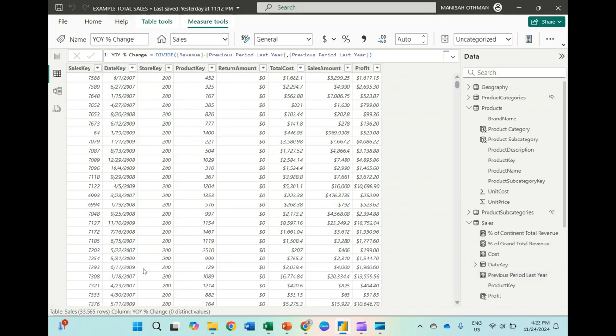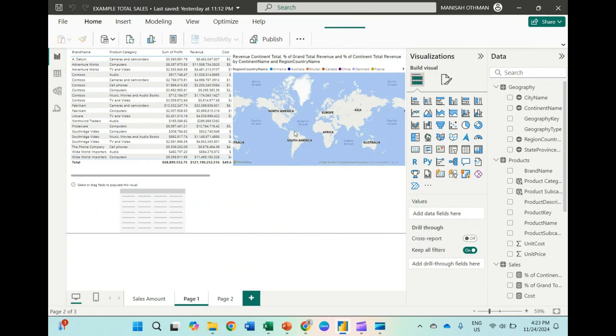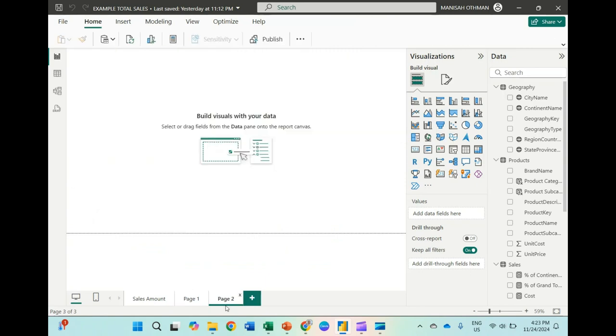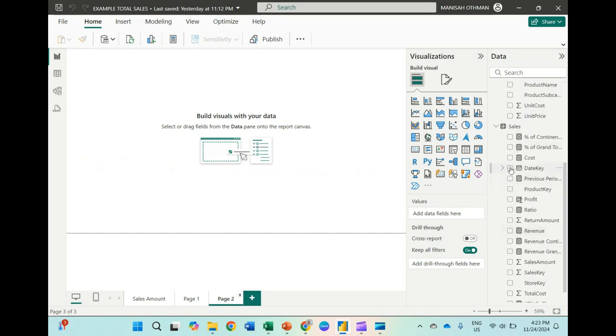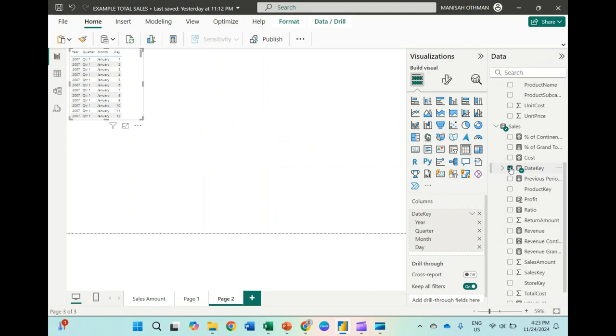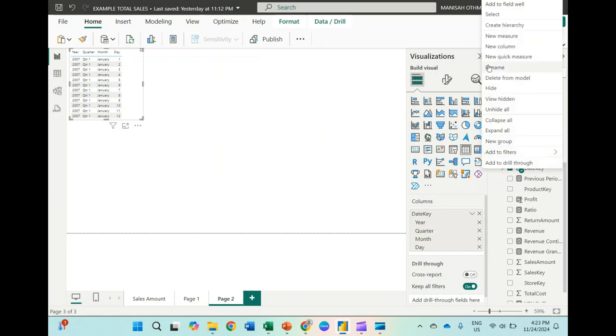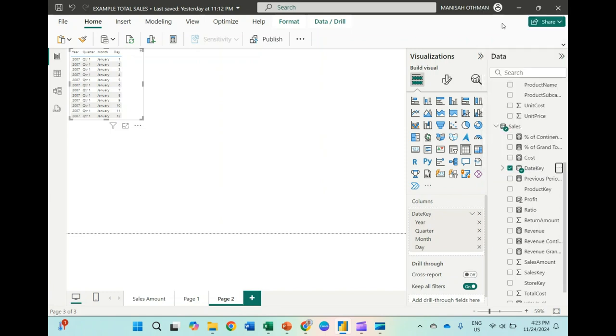All right. So let's say we want to create a new view here. Date sales. Click here and we create a hierarchy for dates. Create the hierarchy.